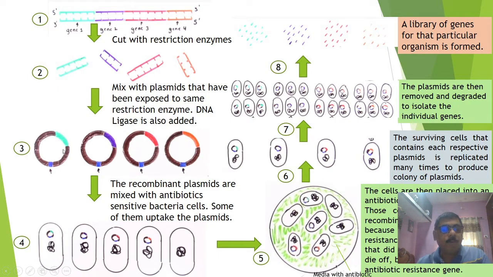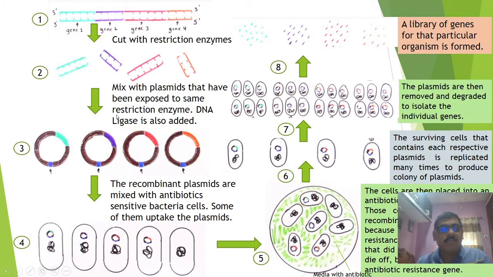So what will happen? This is the DNA of the plasmid. This is also the DNA of the plasmid. This entire brown colored part is the DNA of the plasmid, and this colored structure is the desired DNA, or the DNA from the cell from which we have to isolate the gene. These are the fragments that we have cut with the help of the restriction enzyme, and these are the vector molecules that we have cut with the same restriction endonuclease.